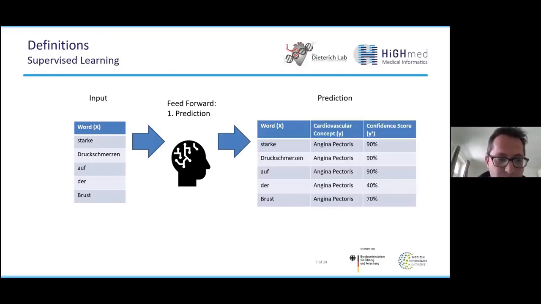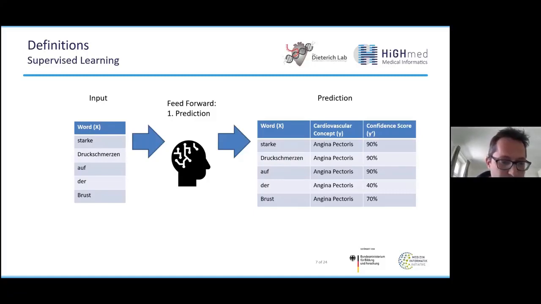And then finally, we will get for each word some kind of a confidence score and a cardiovascular concept prediction. So as you can see here for the first 3 words, "starke Druckschmerzen auf", the model is already quite confident that these words belong to the concept of angina pectoris. Less confident is it with the words "der Brust". Here we see between 14 and 70%.